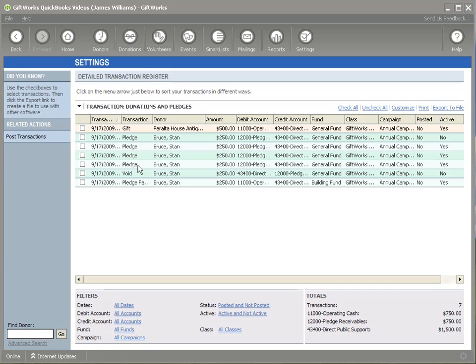What happens then is when you actually make a payment, it will void the original pledge payment and apply the actual amount to the cash account. So there's another video that will go into more detail about that. I just want to show you that's kind of an audit trail. Transactions are very important because that's what happened. It registers all the activity that you're doing, donation and pledge related, in GiftWorks. And then if we go to the settings area,